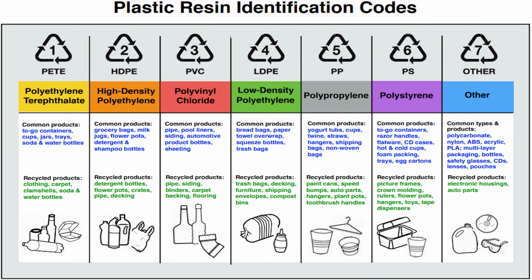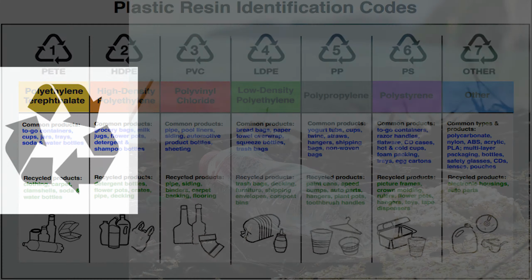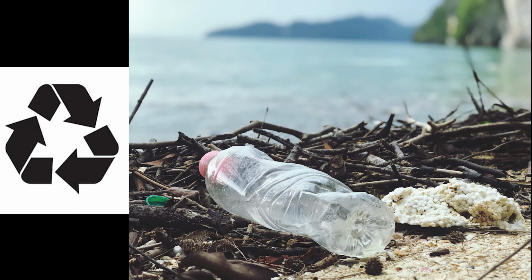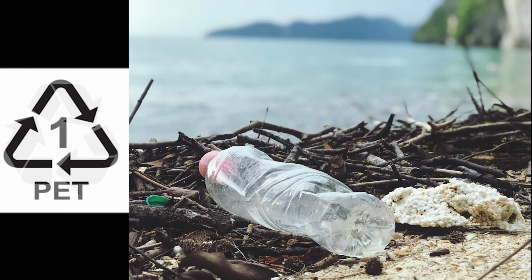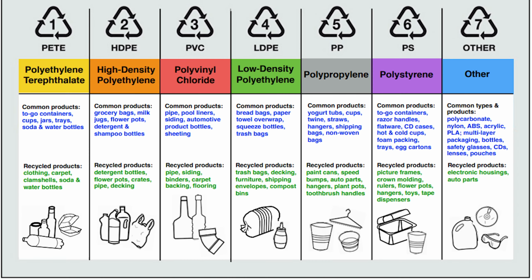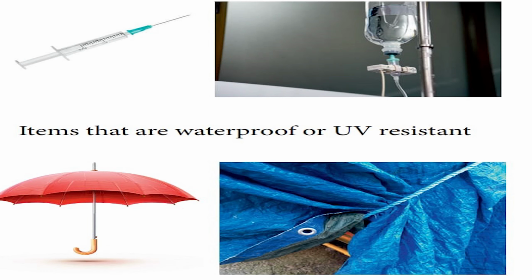Where do we find the resin code on a plastic item? We have to look at the chasing arrow triangle-shaped symbol on the bottom of a bottle, on the brand label sticker, or on the lid of a container. The number inside the arrow and the letters below we call a resin code. The quality of the plastic item is thus known by looking at the resin code. PVC, resin code 3, and PS, resin code 6, which have toxic chemicals, are used for purposes other than food storage. When we use plastics for the right application, they are excellent materials.